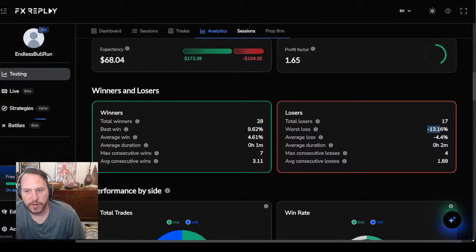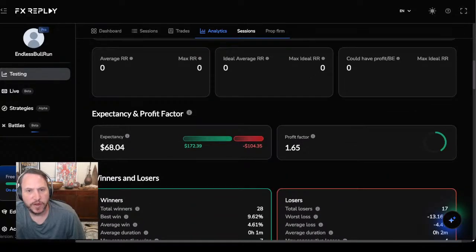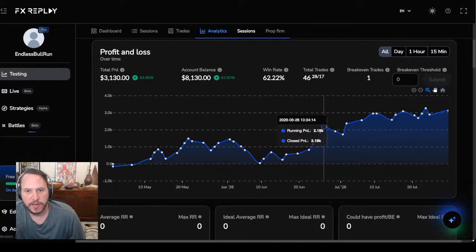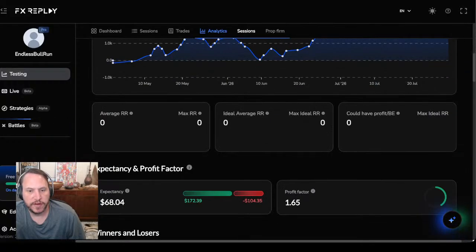That one I would have scaled way back. We lost like $700 and something on that. I would have scaled it back to like 300 or 400, maybe 500. But I wanted to keep the contract size consistent because no matter what, we can go up here and say, okay, if we had a consistent amount of risk, then we just take the 46 trades, 28 winners, and do the math and find out how much we'd actually make.